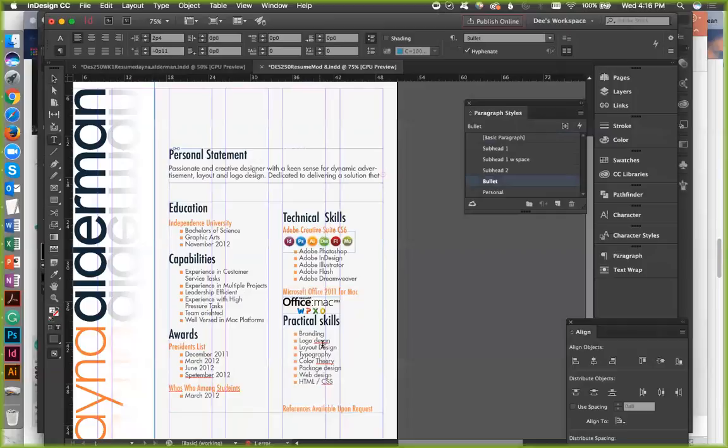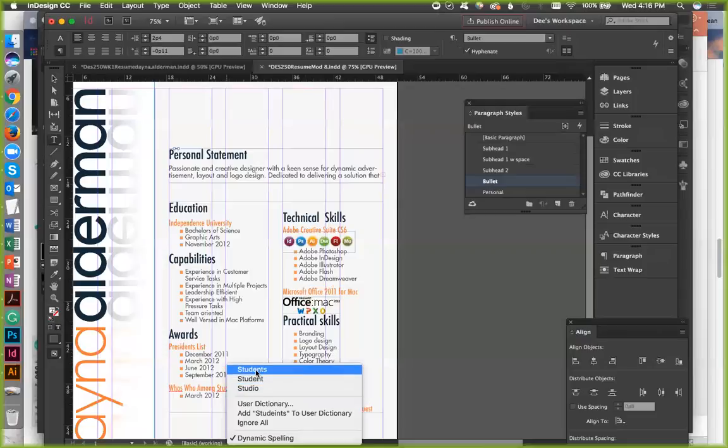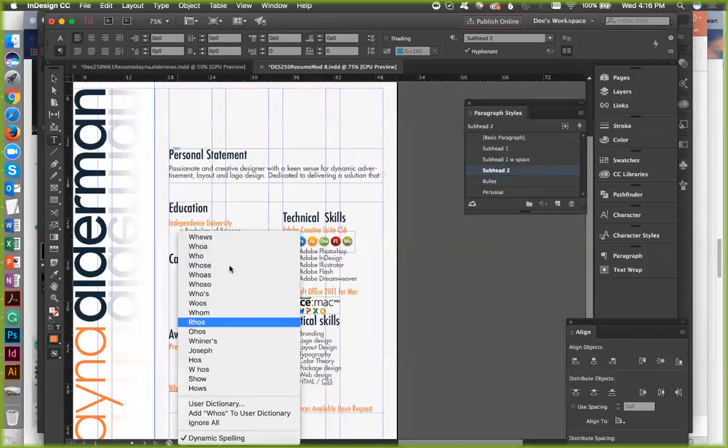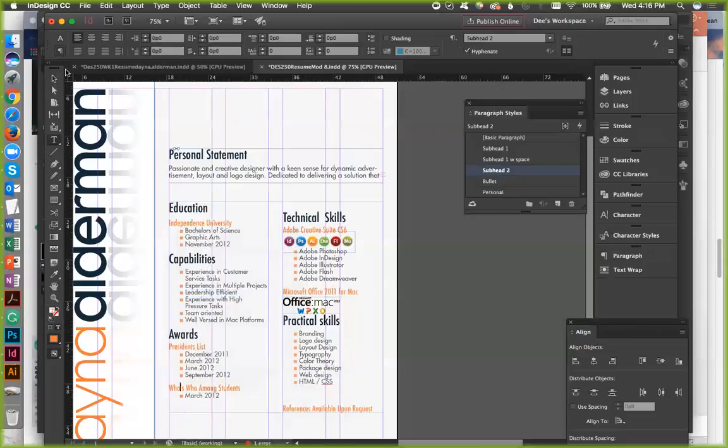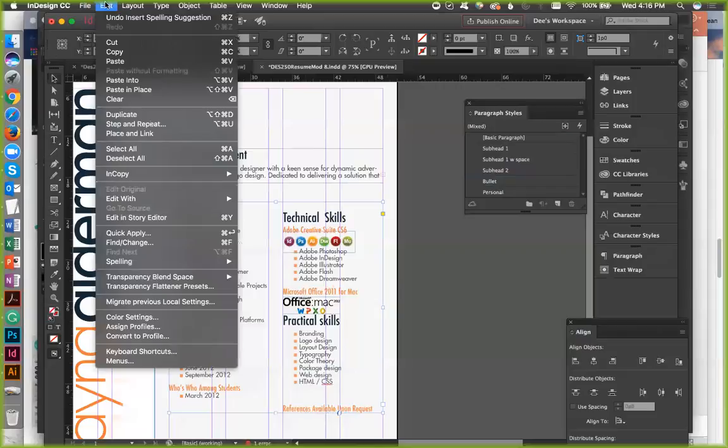Again, though, make sure that you don't have words that are spelled the wrong way, even though they mean something else, right? So Edit, Spelling, and Check Spelling.